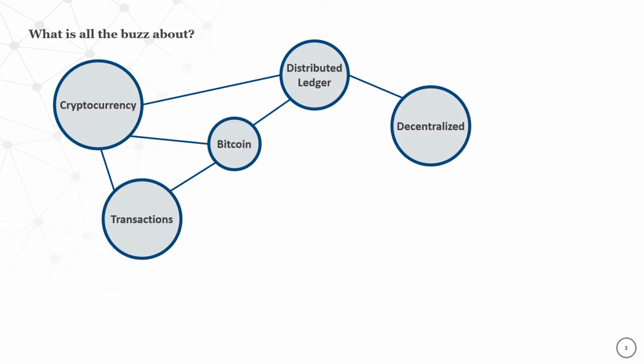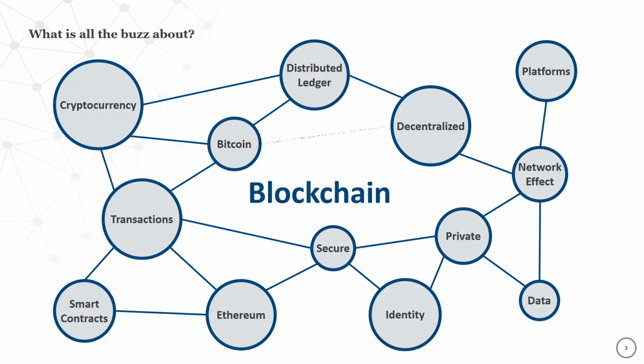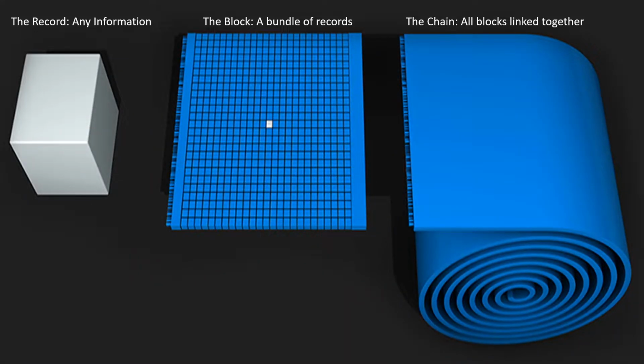So let's get all the buzzwords out of the way. Crypto, distributed ledger, decentralized, Bitcoin, ICOs, Ethereum, Hyperledger. These are all buzzwords that people have heard of, read about in the news. All right, so let's park all the buzzwords and get into what the technology is, and most importantly, how it could be applied to health, and explore some use cases together.